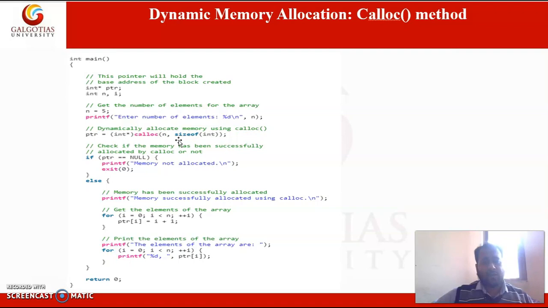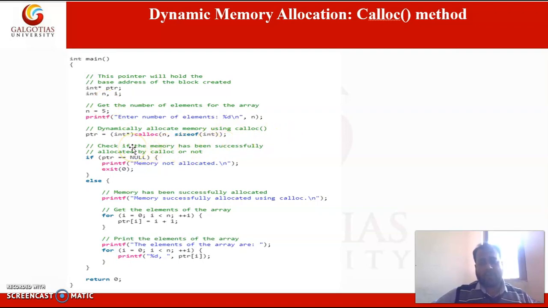One is the number of elements and the other is the size of the data type. So it will allocate 5 into 4, that is 20 bytes, upon successful allocation.